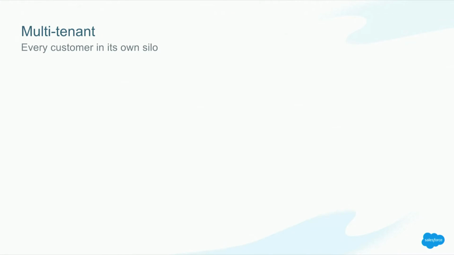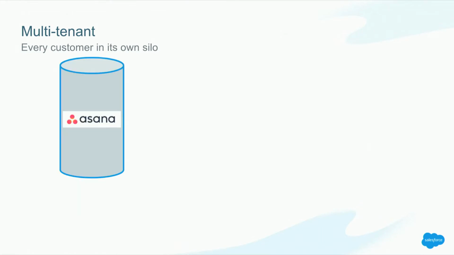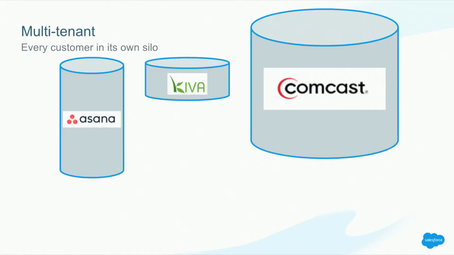Also at Salesforce, we have the notion of multi-tenancy. So Salesforce is a business-to-business company. We deal with hundreds of thousands of different companies that all store their data in Salesforce. But the issue is, every customer wants its own data separate, right? They don't want their data to be going to benefit another customer, potentially a competitor. So we silo every customer's data separately. So all the different customers are going to have self-contained